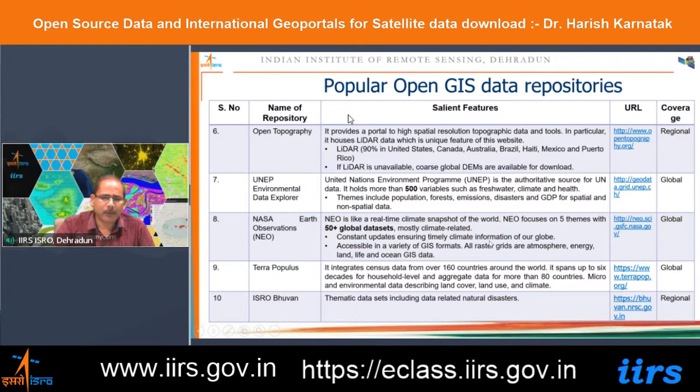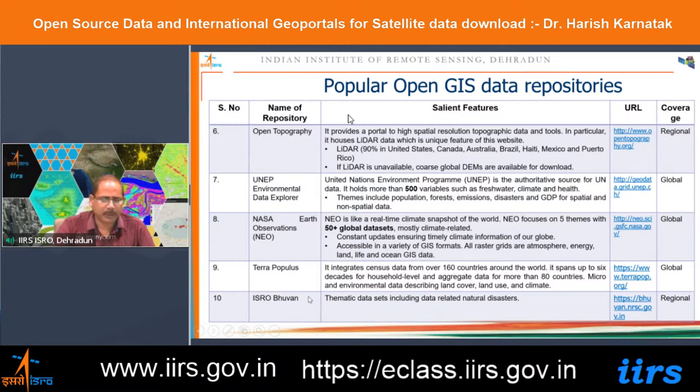This is a very important aspect because they update the data at regular intervals. In fact, daily, at least whenever the observations are there, they immediately update the data in this repository, accessible in a variety of GIS formats, and all raster grids: atmosphere, energy, land, life, ocean GIS data